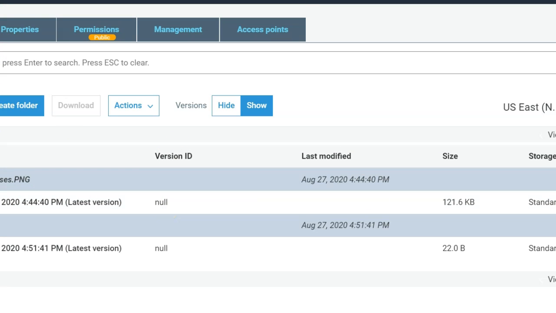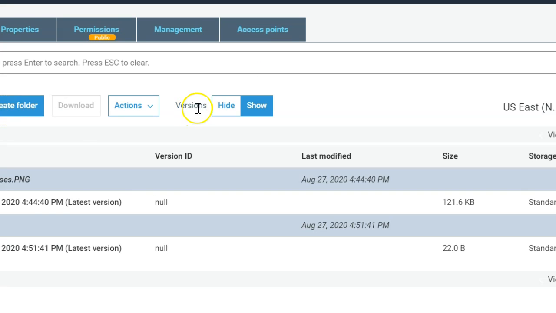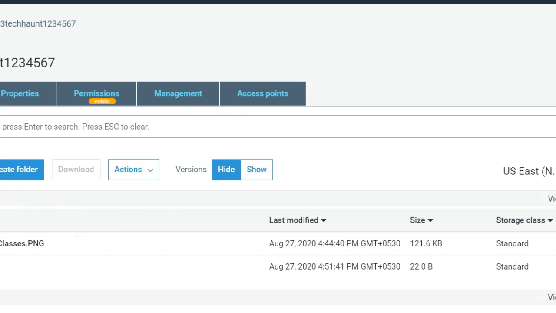Let me do one thing. I'll show you this text file, sample.txt. This is the content, and let me just edit it and upload it again. So this is my second version. That's fine. And now what I'm going to do, I'm just moving back, hiding it, and I'm overwriting this sample.txt file.